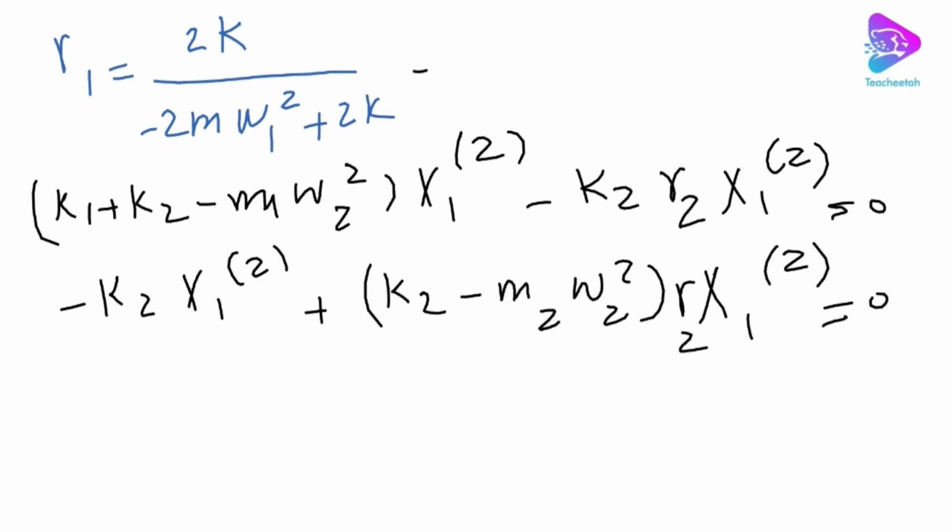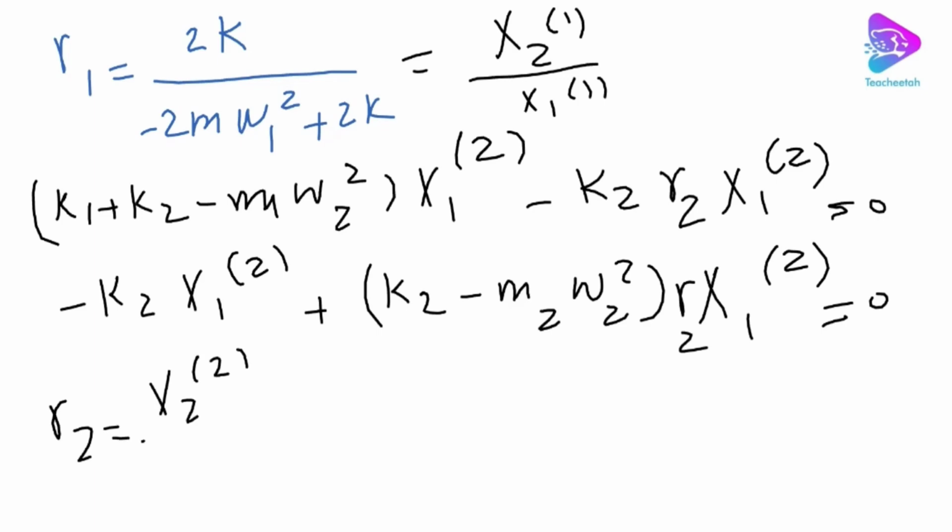So this is equal to x2 1 divided by x1 1. And from these two equations we can simply find R2 equal to x2 2 divided by x1 2 equal to,